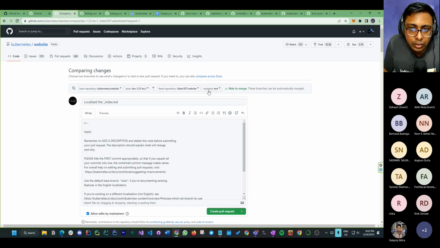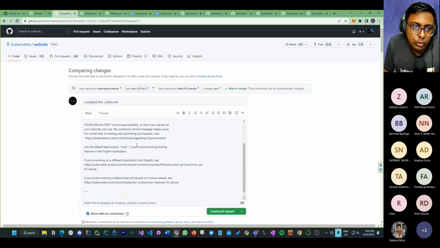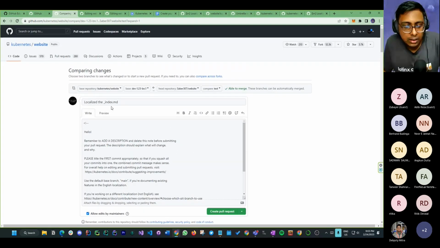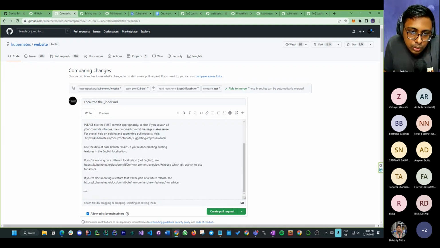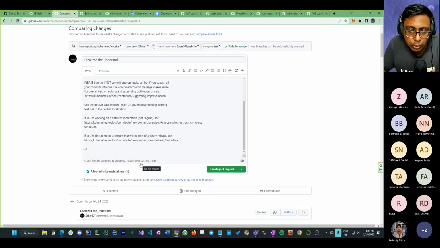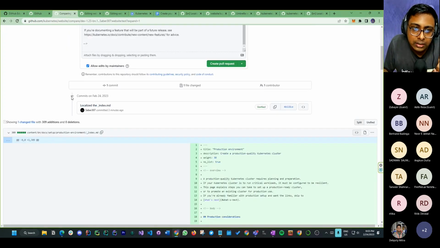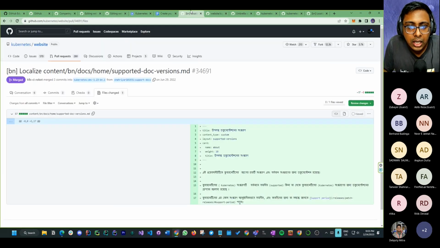Okay, so what you have done, this is your ID, assuming this is you, and this is your repo branch, and you can merge it to Kubernetes/website and then that branch. Then you have to mention, like they have actually by default created something, this is what you should change, and you need to let them know this is what we have edited. And you can see we have just one commit. If you have multiple commits while creating this file, you will see a lot of commits here.